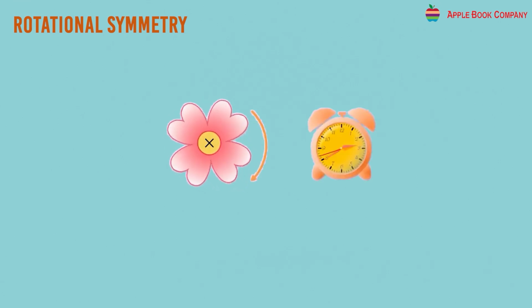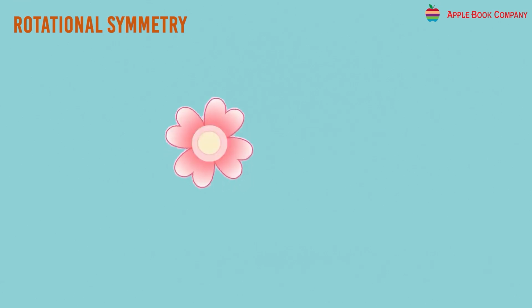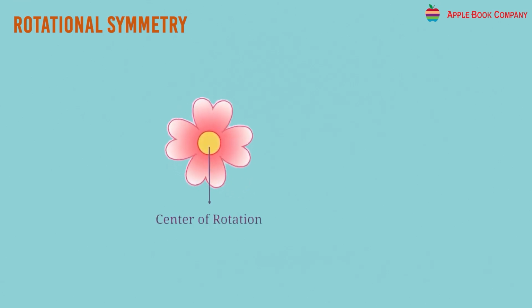Rotational symmetry. Rotation means turning. In geometry, rotating a figure means turning a figure about a fixed given point, known as the center of rotation. For example, the center of rotation of the hands of a clock is the center of the clock face. When an object, after turning through an angle, looks the same, this sameness is called rotational symmetry. However, when an object rotates, its shape and size do not change.